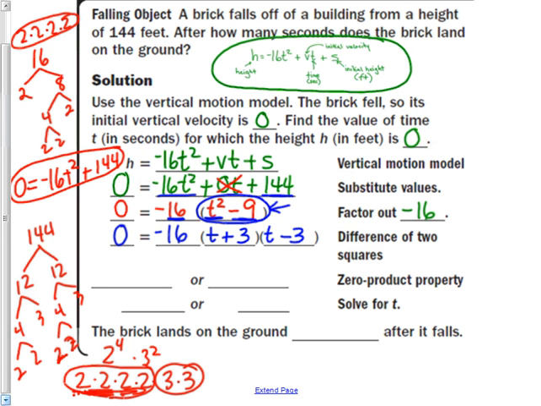So all we've done so far is we've factored out the right-hand side of the equation. We just wrote it in a different way. We broke it into its factors. If I multiply this by this and that by that in any order, I will get back to my original equation or expression, which was negative 16t squared plus 144. So now what I have to figure out, because this is set equal to 0, I want ground 0 for height, I just have to figure out